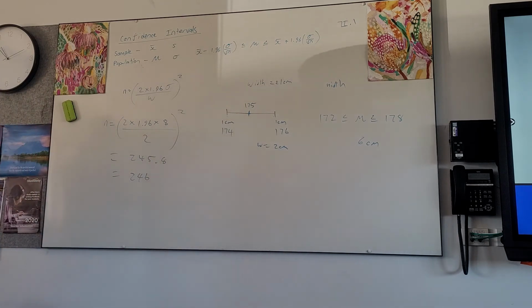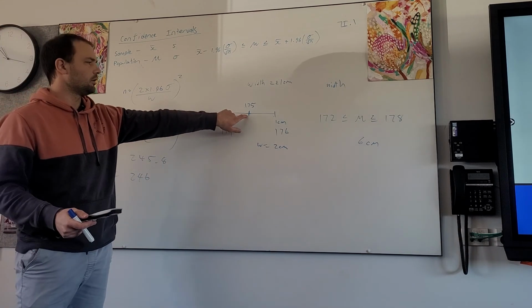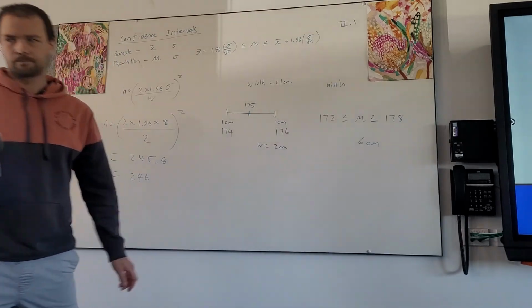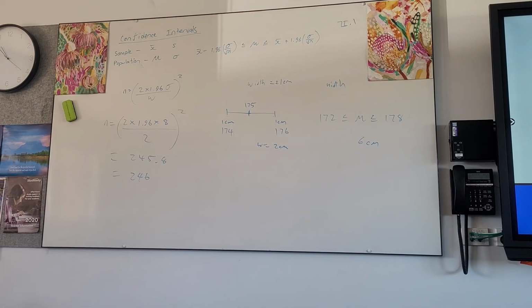So if you sample 246 students, you will reduce the width to 1 centimetre below the sample mean and 1 centimetre above. All right. So that'll help you get through